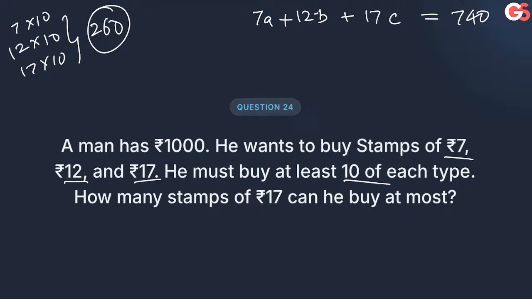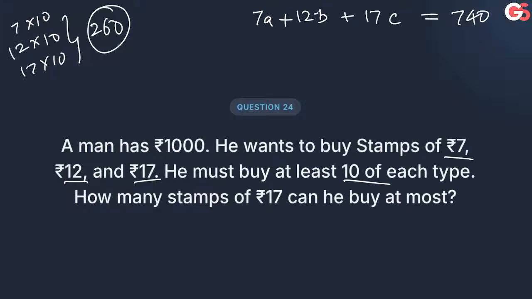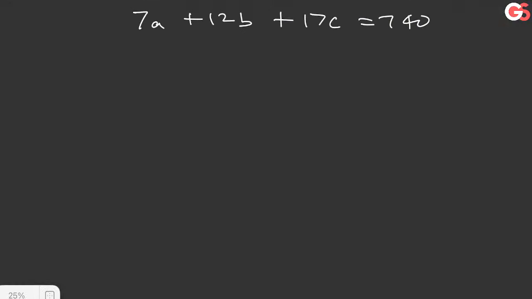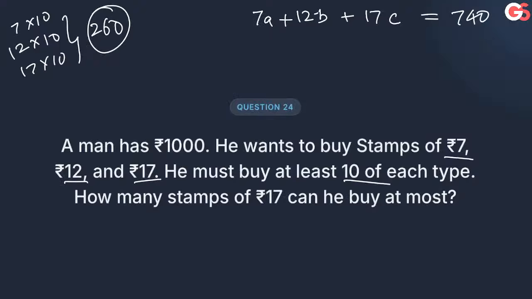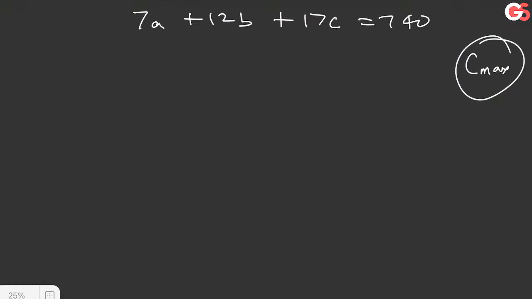ठीक है, I need more space for this। So we have 7A plus 12B plus 17C is equal to 740। यही है ना हमारे पास? ठीक है, we need to maximize the value of C, यही है ना? Alright,